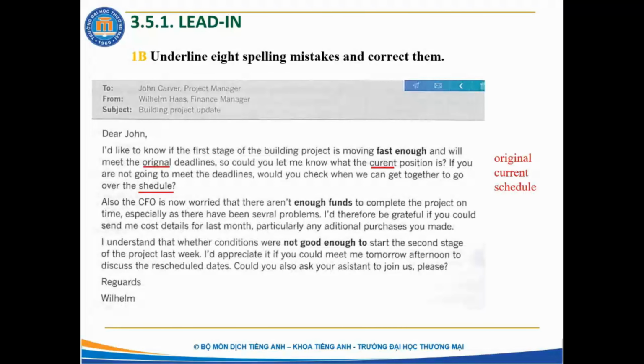Schedule, right? And number 4, so this one also had the spelling mistake. And what is the correct spelling for the word? Several, alright. And next, number 5, additional, right? And number 6, weather conditions,